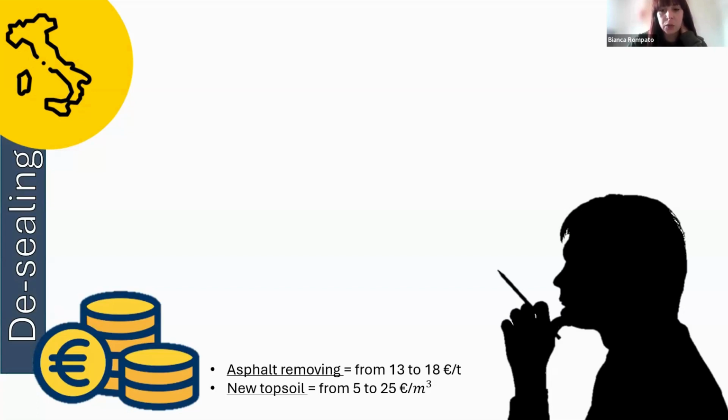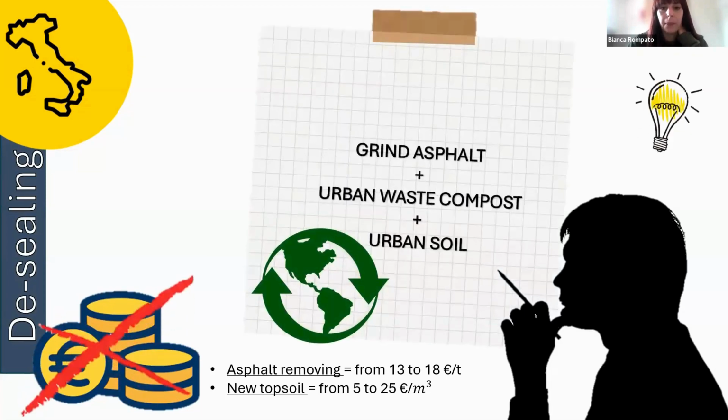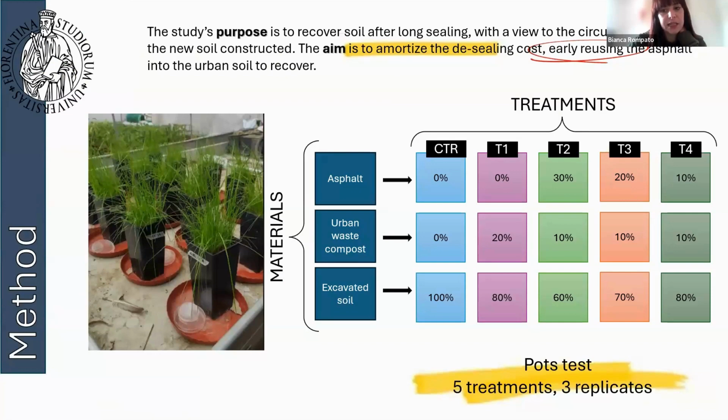My study aims to analyze the desealing process in the municipality of Prato, a small city near Florence, considering as experimental thesis the addition of milled asphalt into the soil matrix, in order to amortize the cost of the desealing. The objective of the study is to evaluate the suitability of quality as a growth substrate for constructed soil by integrating milled asphalt. This research is motivated by the goal of promoting urban desealing projects